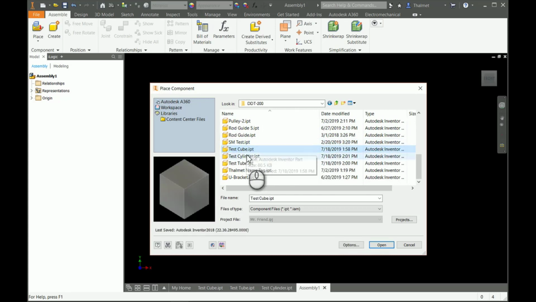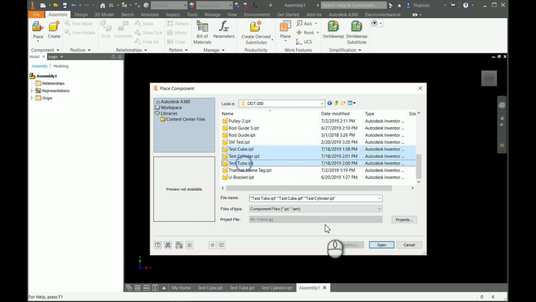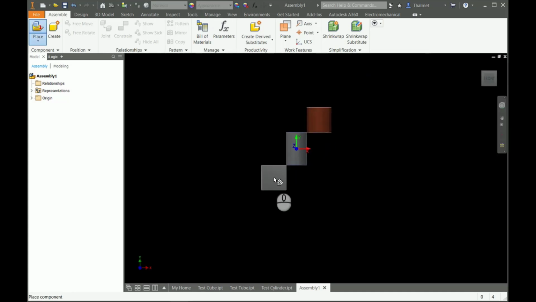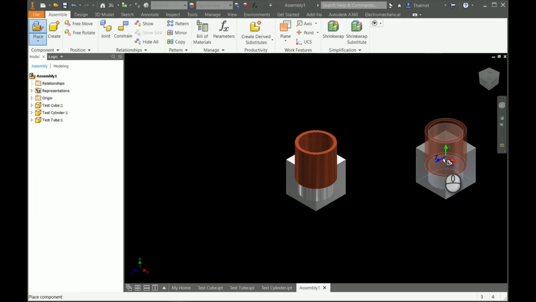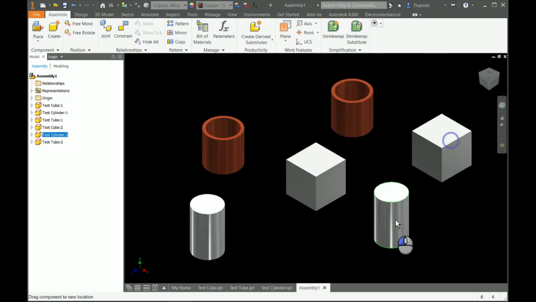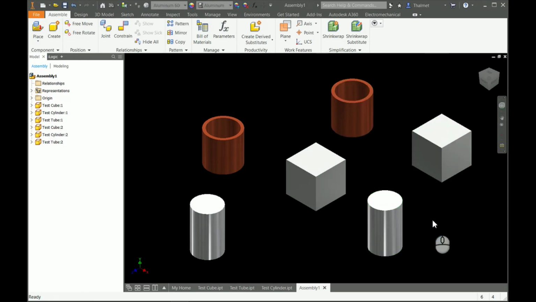I am going to drop in a couple different parts. So we have to select the parts that we want to drop in, and from there we can start assembling them. I went ahead and I have two different nickel cubes here. I've got two little copper tubes and two aluminum cylinders, and with these different parts I'm going to show how